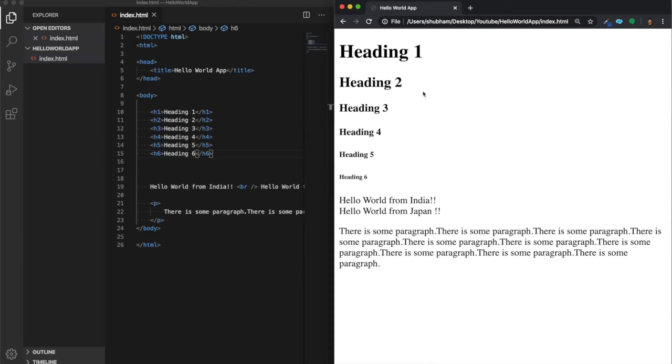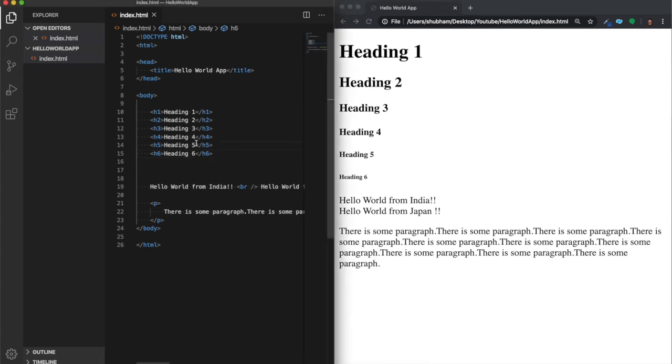Okay, so the use of a heading tag is not to make the font bold and bigger. The use of a heading tag is to give this text the most priority on the web page. This should be the text which will be considered first by screen readers. So always use heading tags if you actually want to make a heading, not to make it big and bold. Okay, so this is all about the heading tags.